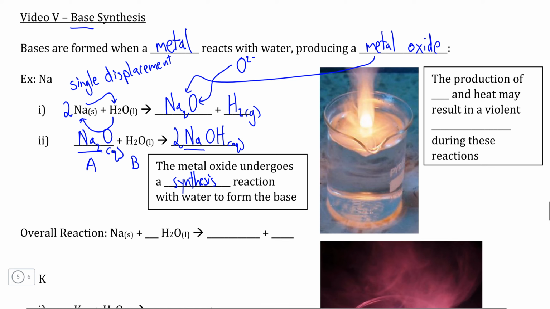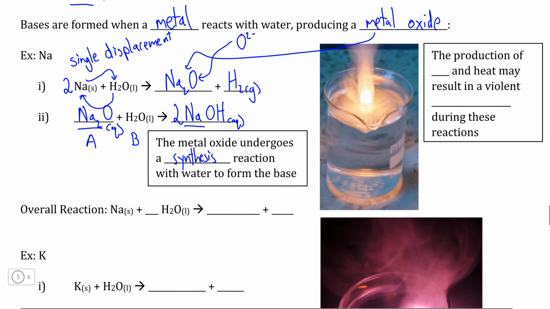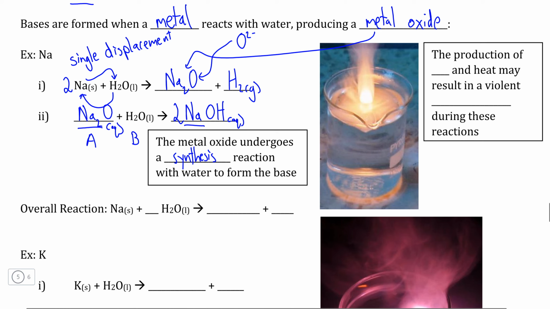And this is the process that leads to the production of bases, and all that you need to do is add a metal, preferably a reactive one, to water in order to get this reaction here. And if we want to write the overall reaction, we do the same thing that we did with any compound reaction. Any compound that is the product in one reaction and then subsequently appears as a reactant in the next